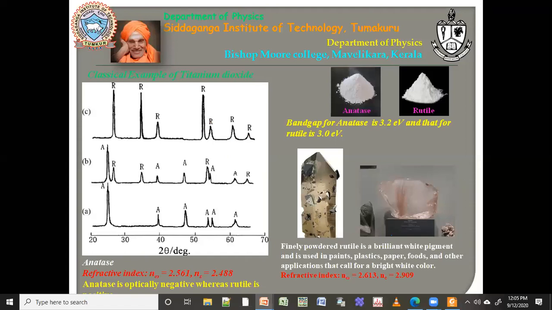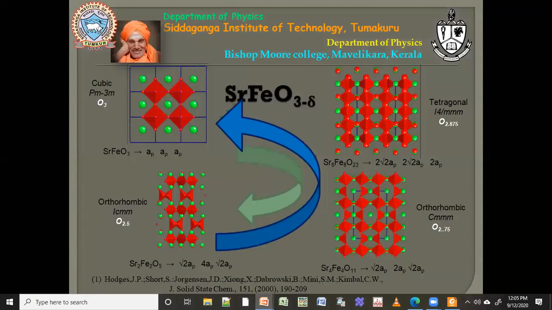Okay, then this is one more complex example. I have maybe 2-3 publications on this kind of material. If you take SrFeO3, in this case Sr is 2 plus and Fe should be 4 plus. Only then you can have O3. If not, you will have deficiency. Your iron is very difficult to keep in 4 plus. You need to have a highly oxidative state when you are doing this synthesis. If not, it will just form some other phases.